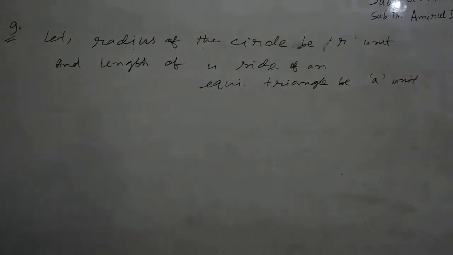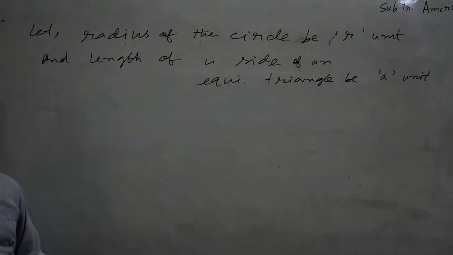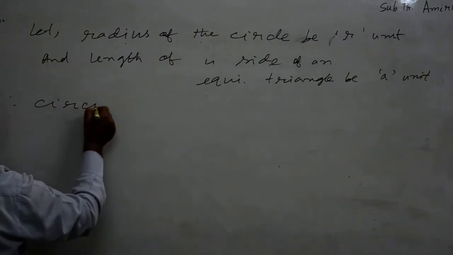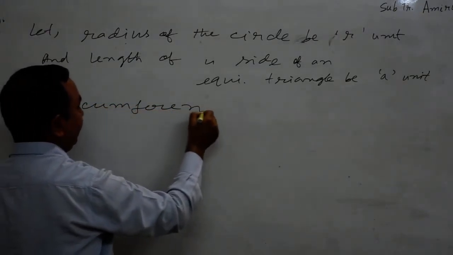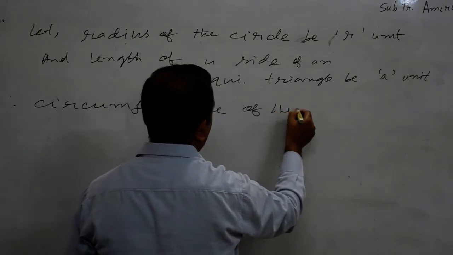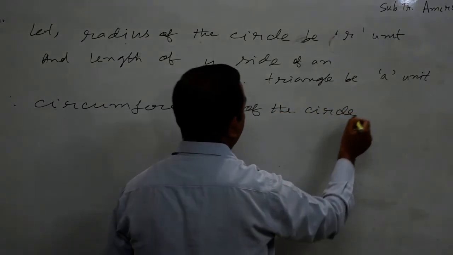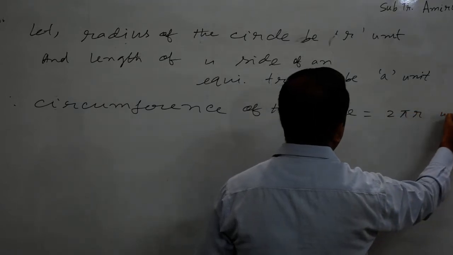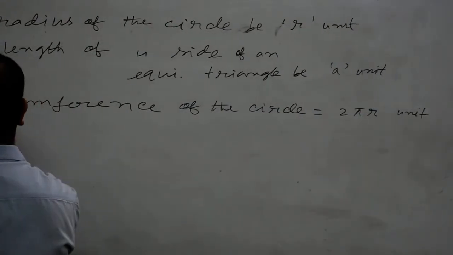So what is given? The circumference of a circle is equal to the perimeter of the equilateral triangle. Therefore, the circumference of the circle equals 2 pi r unit, and